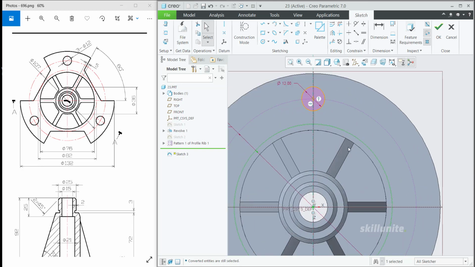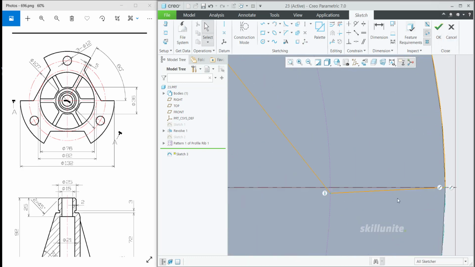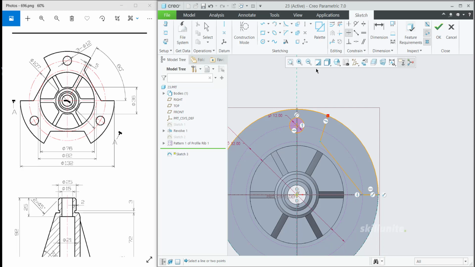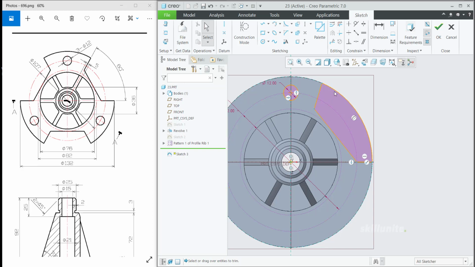So once that is mentioned, create a line like an inclined line. It needs to be tangentially connected. Then it is connecting exactly over here and straight to this edge. So then we need to project this edge also. We will connect this also over here. So then click on the project option, select this edge and close it up. So then make this line horizontal, so it will come straight. So then click on the delete segment option. We don't require this outer region. So this is the region we require.